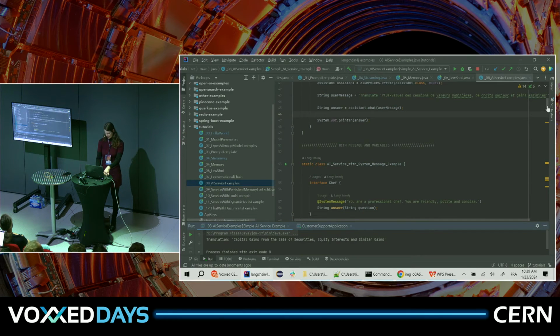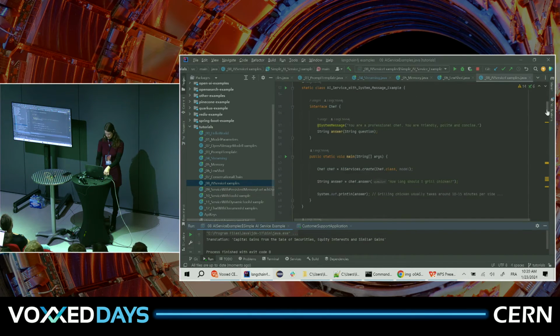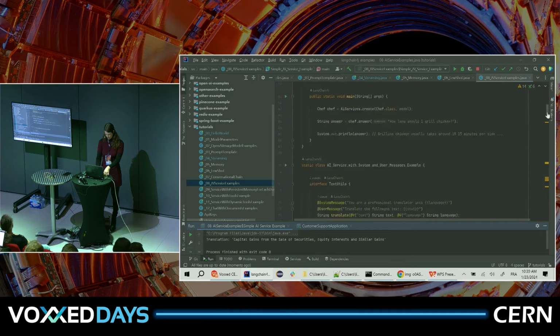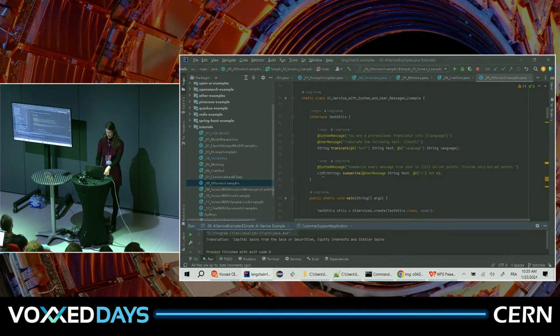But then they get really interesting when we want to output things like a list. So here we want text utils. We want a method translate in there. And here is how you would declare variables. So this text, for example, is going to be used as translate the following text.